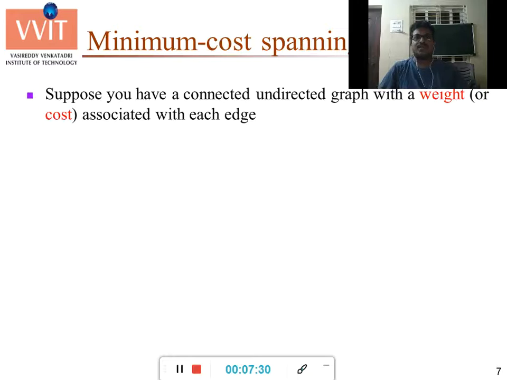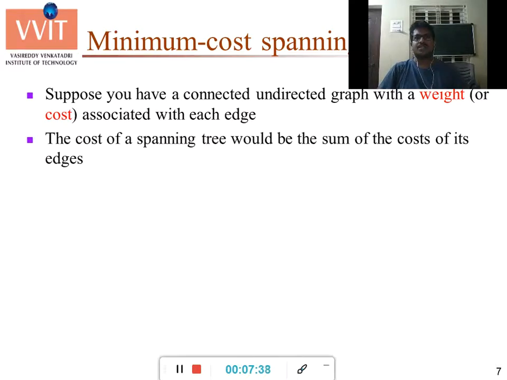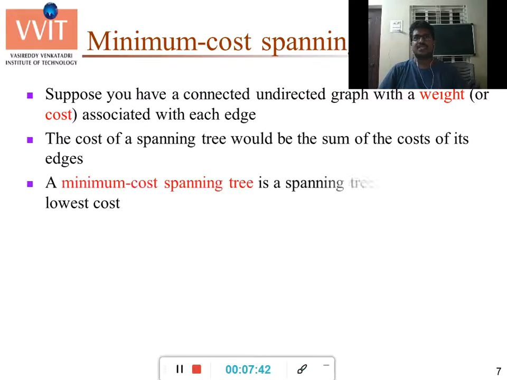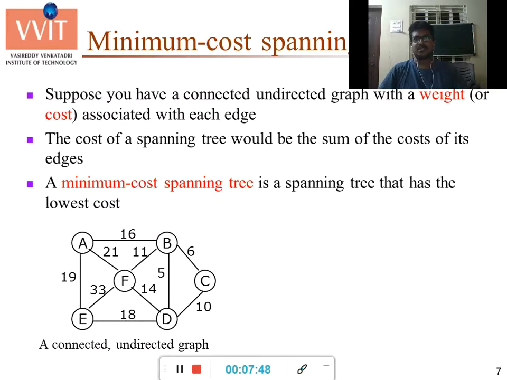Now suppose we have a connected undirected graph with a weight or cost associated with each edge. The total cost of the spanning tree would be the sum of the costs of its edges, which should be minimum. A minimum cost spanning tree is a spanning tree that has the lowest cost.